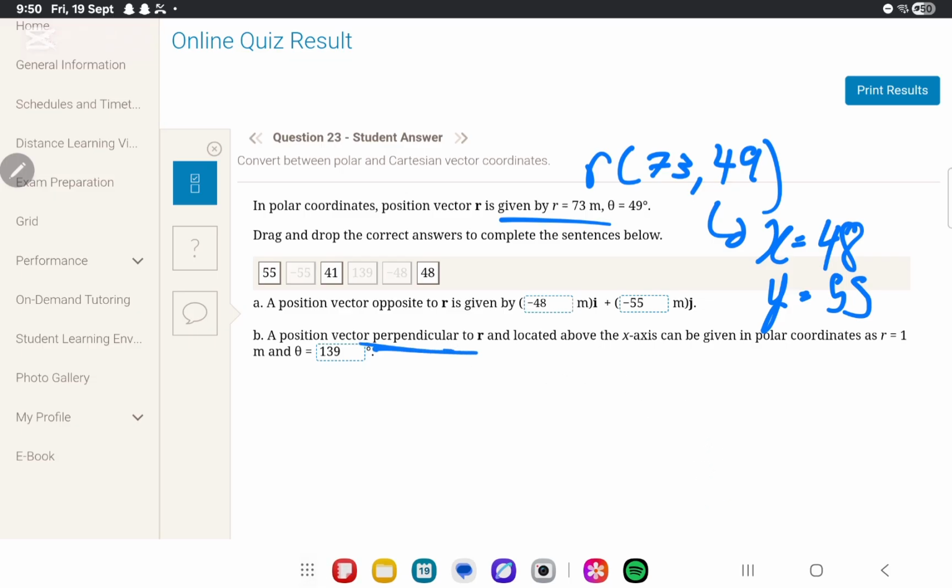Now, perpendicular. When you have a vector perpendicular, it means you have x comma y, and then it got shifted by 90 degrees. Now there's two possibilities. You can either have,